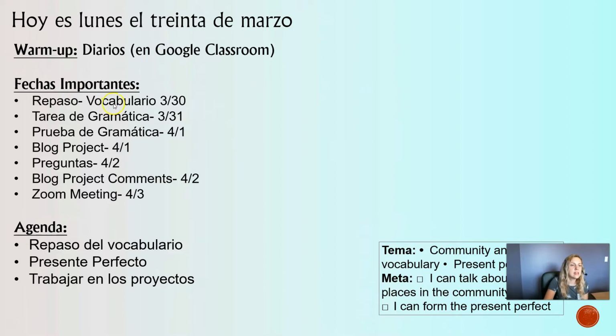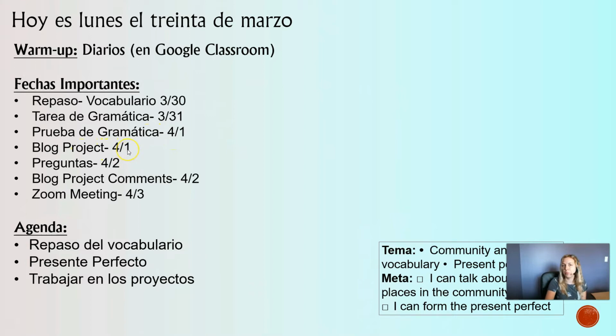Fechas importantes. Today we are going to review vocab, so you will have a quick Google assignment and then a Quizlet on that. Tomorrow we are going to look at the grammar, review that, and so you'll have a grammar homework. The next day is a grammar quiz on the present perfect, el presente perfecto.